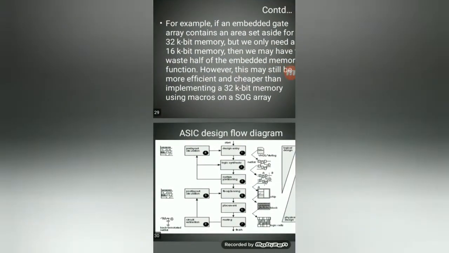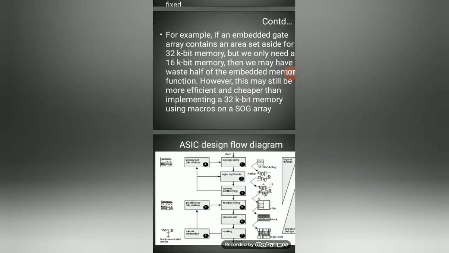Next, let us go for the ASIC design flow diagram. This was already discussed in the second unit itself. So, in the design flow, the first part is design specifications. Next is design entry. Design entry is nothing but VHDL code. Once the VHDL code is completed, next we go for simulation. Here, with simulation, we can verify the functionality of our design.